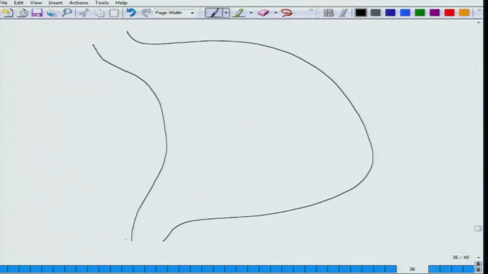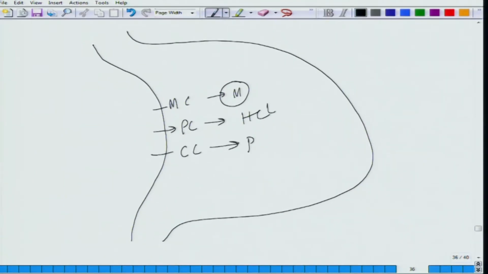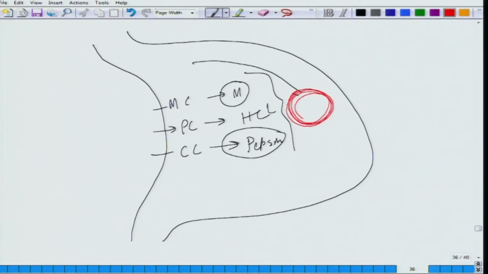So, this is the stomach out here. From the central nervous system we have talked about the mucus cells. I am just putting MC. Okay, mucus cells, they are secreting the mucus, and you have the parietal cells secreting HCl, you have the chief cells, CC, they are secreting the pepsin. Okay. So, all these are helping the food. I am just representing by red the bolus of the food to mix,